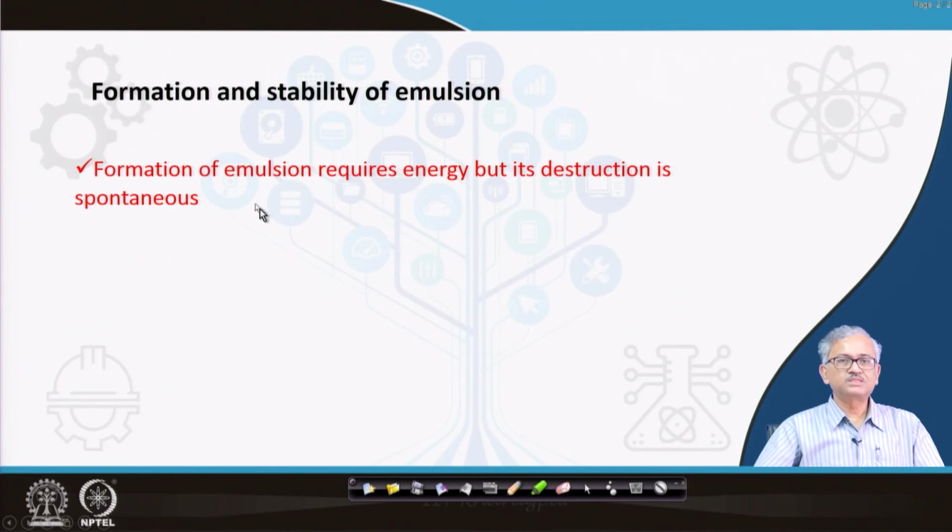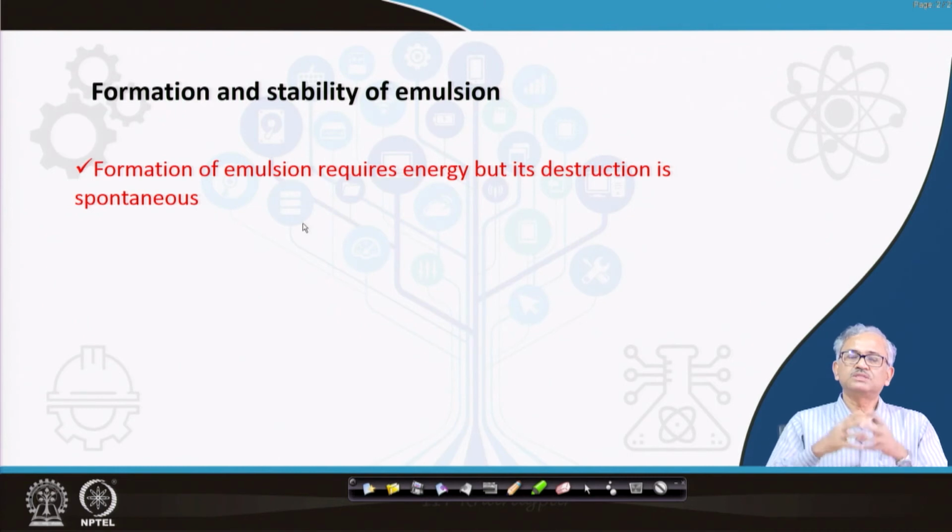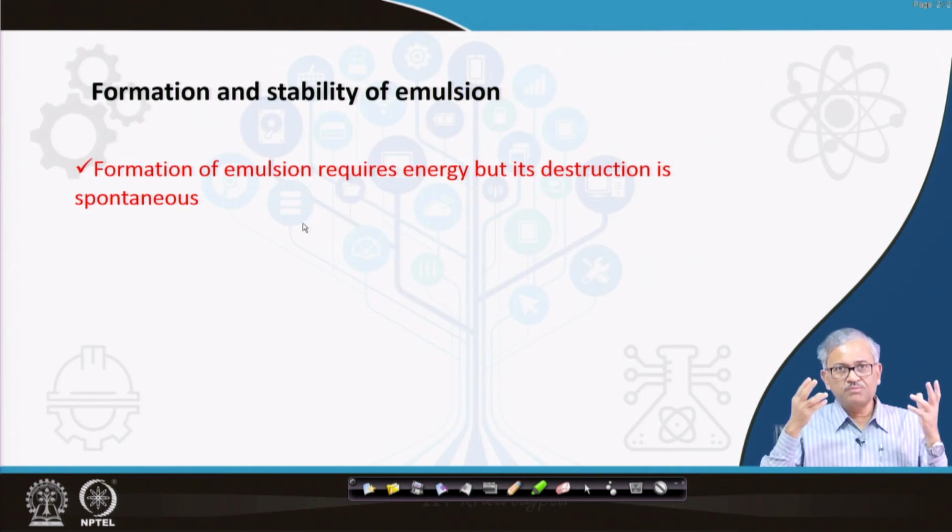But its destruction is spontaneous. The emulsion you form, its destruction, the collapsing of the emulsion, is a spontaneous process. Why is it spontaneous? Because in the emulsion you have created a lot of surface area, as all the liquid droplets are there. Liquid droplets and gas bubbles are there, with a lot of surface area because they are small droplets. So you have a large surface area in the emulsion,